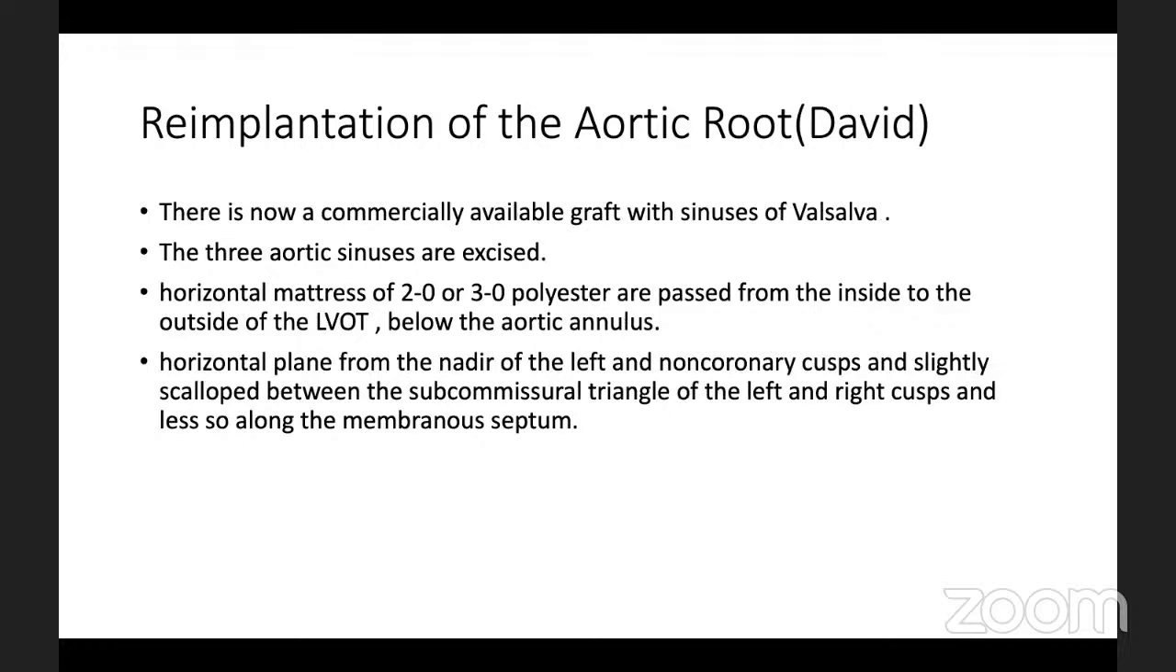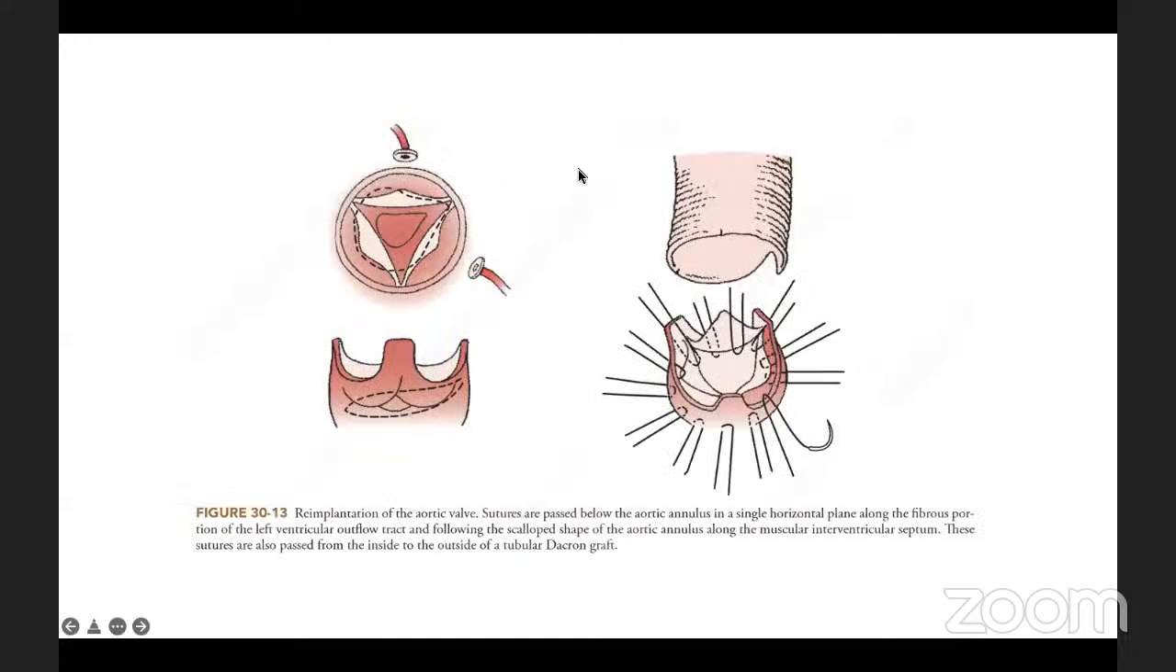There is now an available graft with sinuses of Valsalva. The operation goes by the three sinuses; the aortic sinuses are excised, and horizontal mattress sutures of 2-0 or 3-0 Ethibond are passed from inside to outside of the alveoli below the aortic annulus. Horizontal plane from the nadir of the left and non-coronary cusp are slightly scalloped between